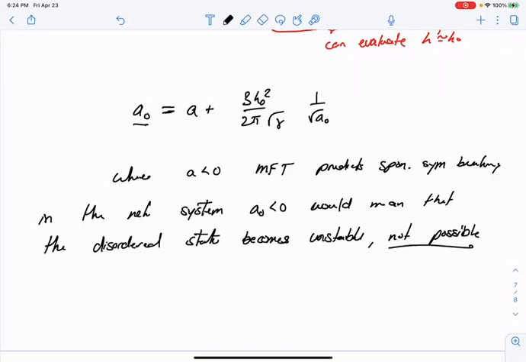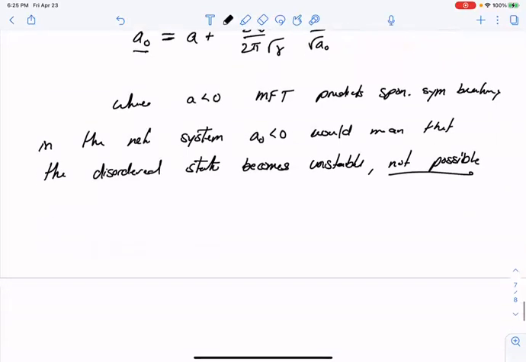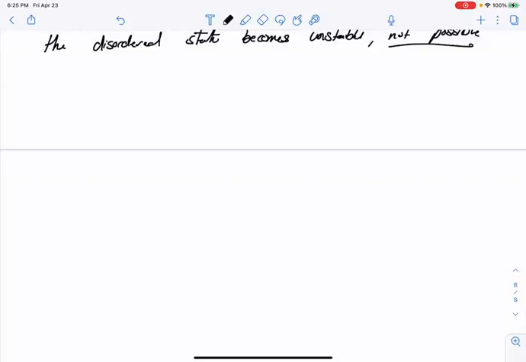That's clear if you graph that function, try to find the solution, you find that A naught is positive for all A's. So the disordered state never becomes locally unstable. If we were to plot out the free energy in mean field theory